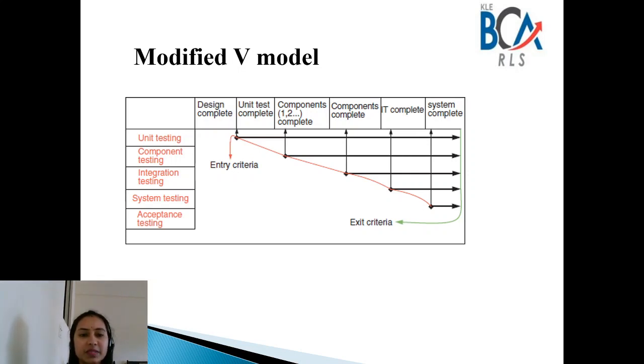The exit criteria is that it should meet all the requirements for the unit testing. It should fulfill all the necessary expected results. Then only can you exit from unit testing and move on to the next testing, which is component testing. So let us see one by one.